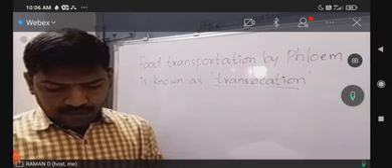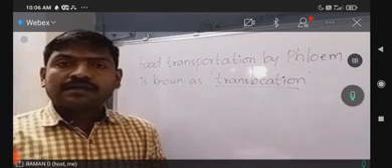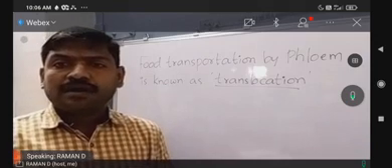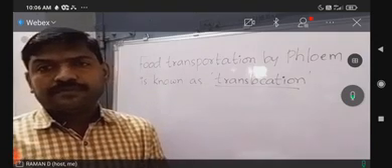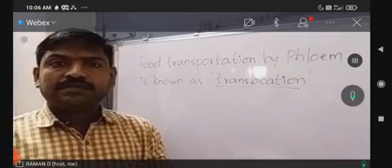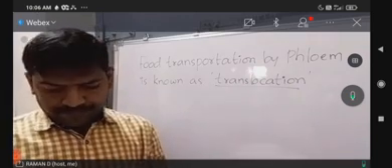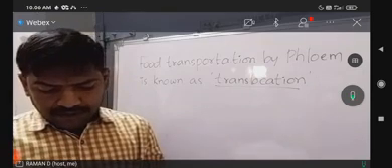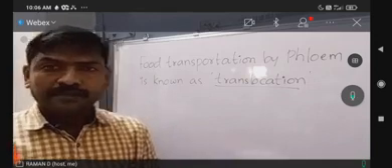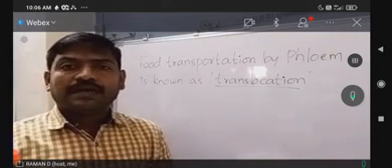What are the components of transportation system in highly organized plants? The components are xylem and phloem. Xylem transports water and dissolved minerals in it, and phloem transports the soluble products of food. How are water and minerals transported in plants? Water and minerals are transported in plants by xylem with the help of root pressure and transpirational pull.